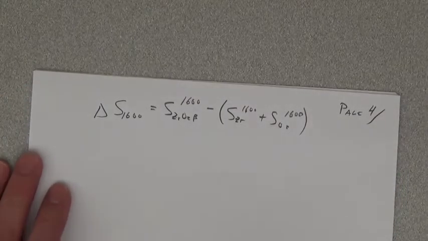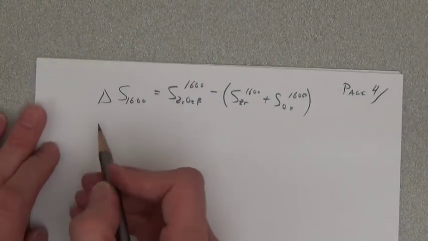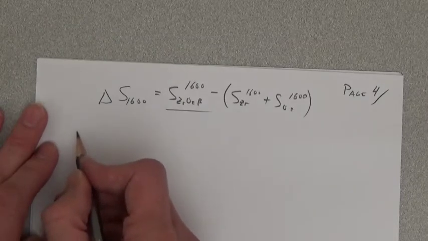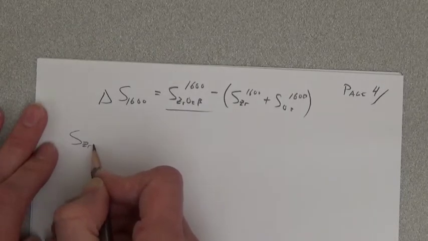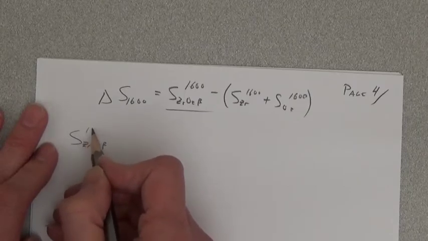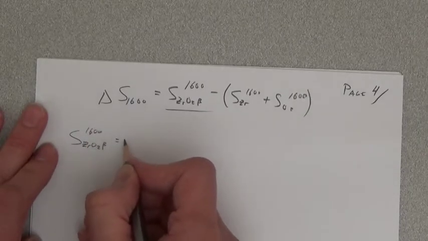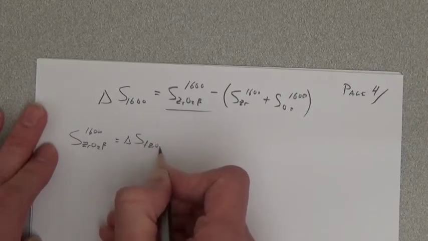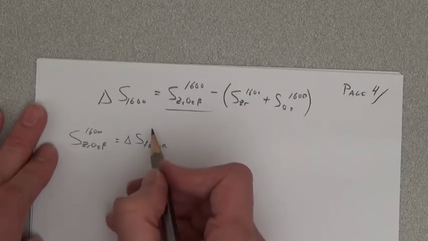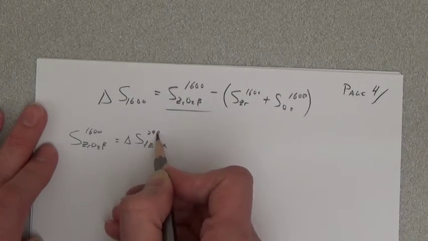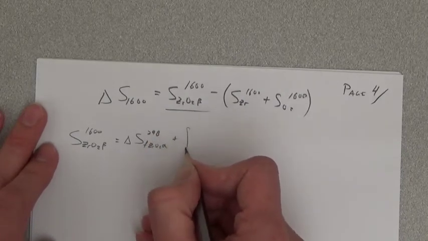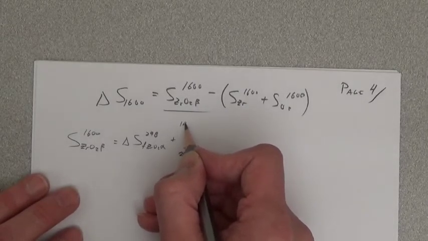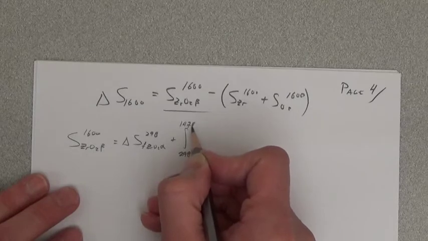Okay, doing the products first. S ZrO2 beta at 1600 is equal to delta S of formation of ZrO2 alpha phase at 298 plus the integral from 298 to 1478